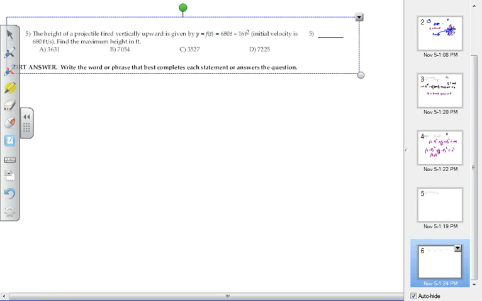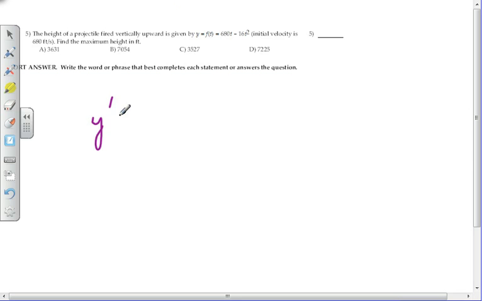Number 5. The height of a projectile fired vertically upward is given by that. Initial velocity is that. Find the maximum height. Okay, so we're going to take the first derivative, y prime is equal to